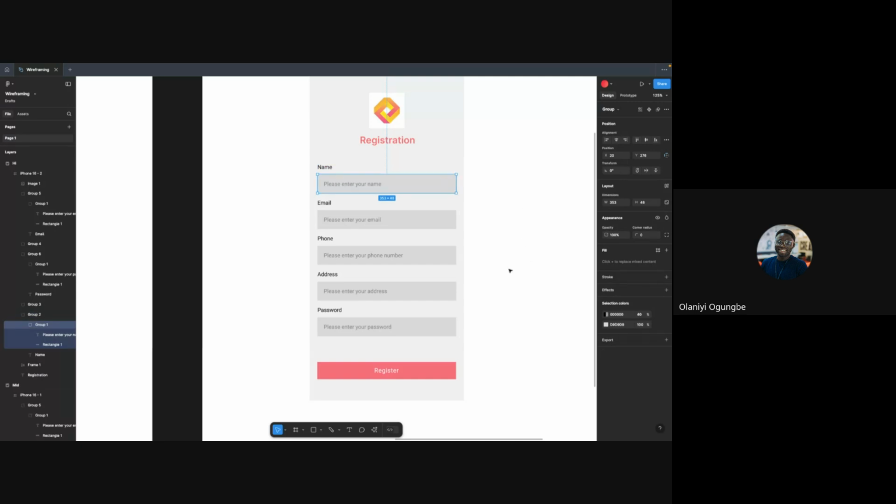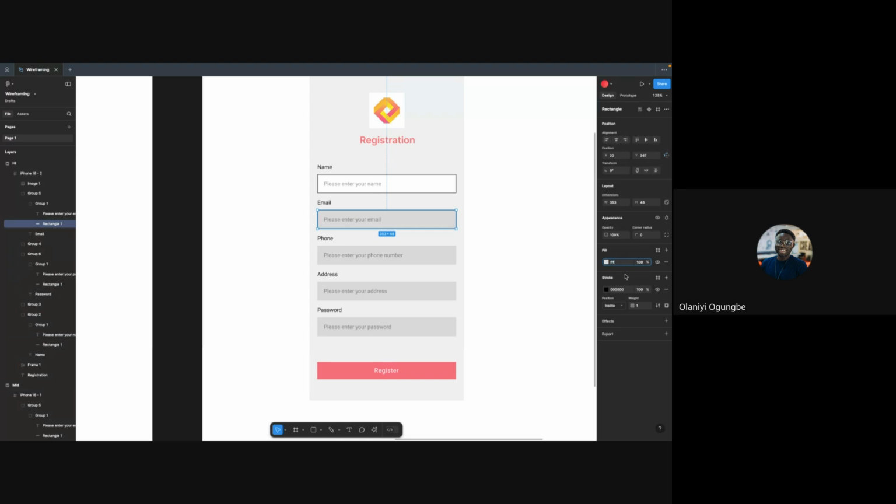Let's clean this up a little bit more so it looks nice. Let's change this to white, but give it a stroke. Same thing goes here. Let's change it to white. Give it a stroke. Oh, not everything, just the rectangle. Give it a stroke.